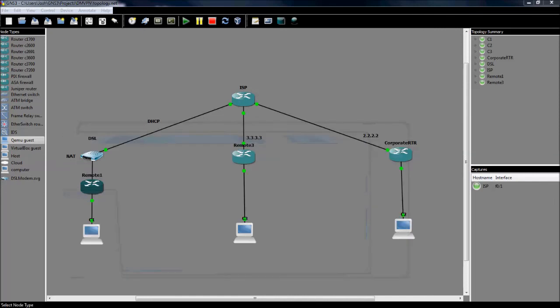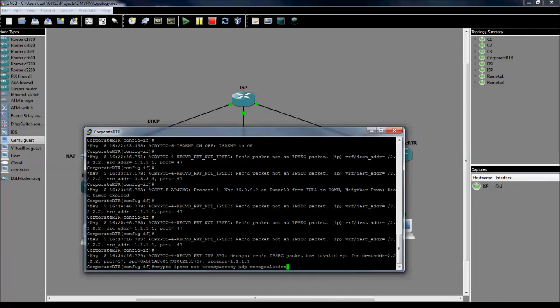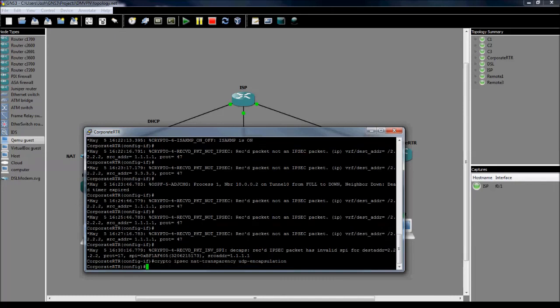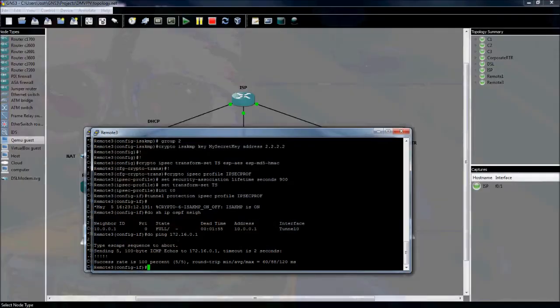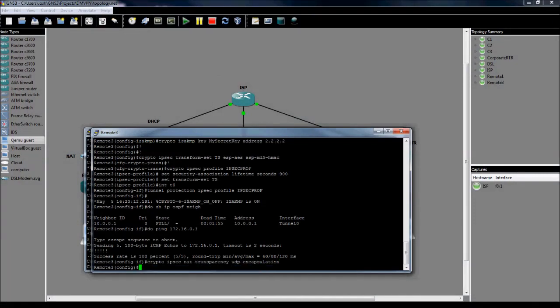Alright, so let me bring up the corporate router. Apply that as well. And then I've also found that if I'm not doing that on the other remote, even though the other remote isn't sitting behind there, if I don't apply it there, it doesn't work either. So I've now applied it to my 3 interfaces. Now whether that's the correct way to do it, again, I'm CCNA, it's a little bit limited, but I know that if I don't have it there, the way that I have things set up right now, it does not work. So if I do show ip ospf neighbor,